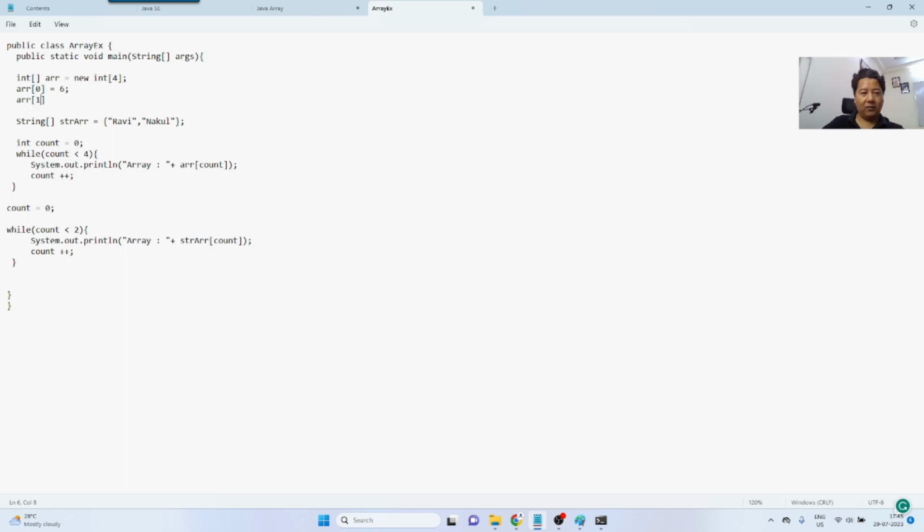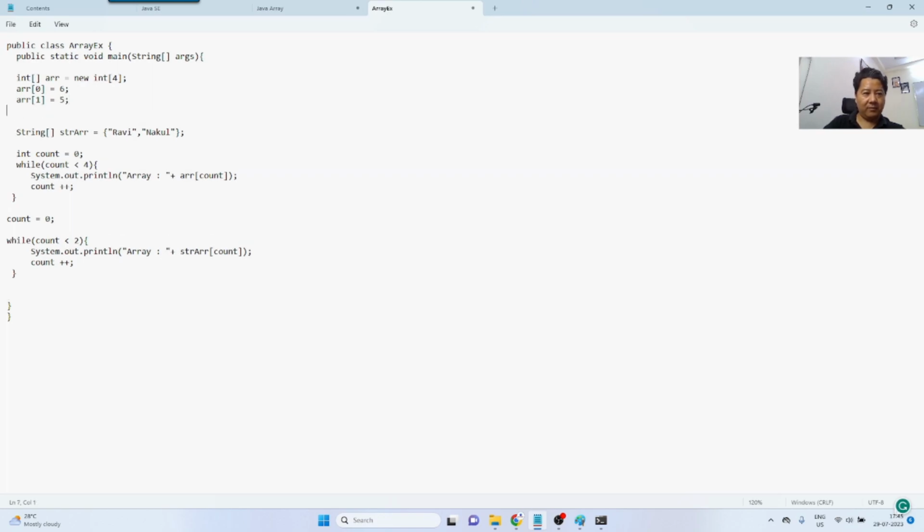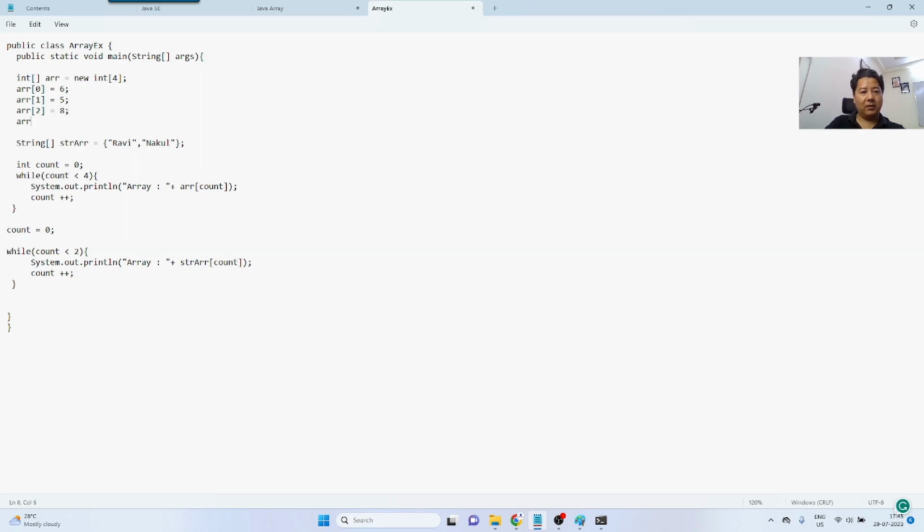Index 0 is 1, index 1 is 2, arr[2] is 8, and arr[3] equal to 10 semicolon. So if I try to print,